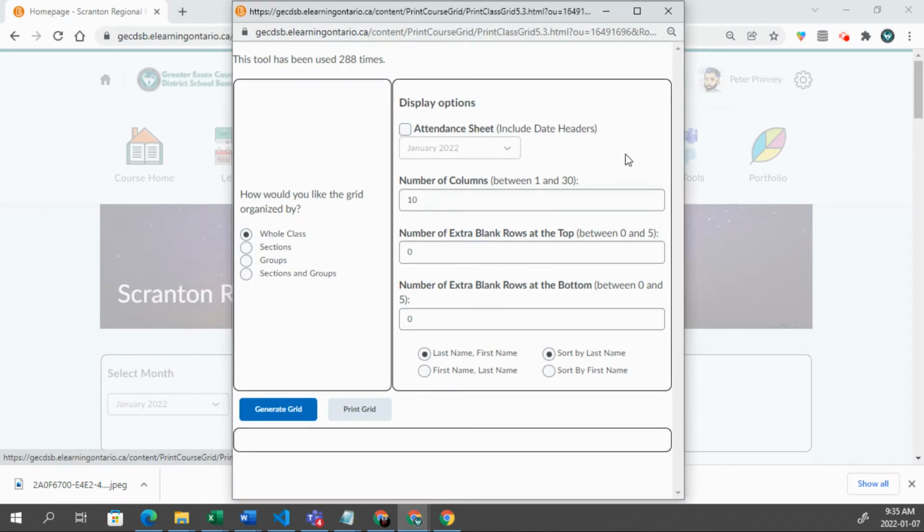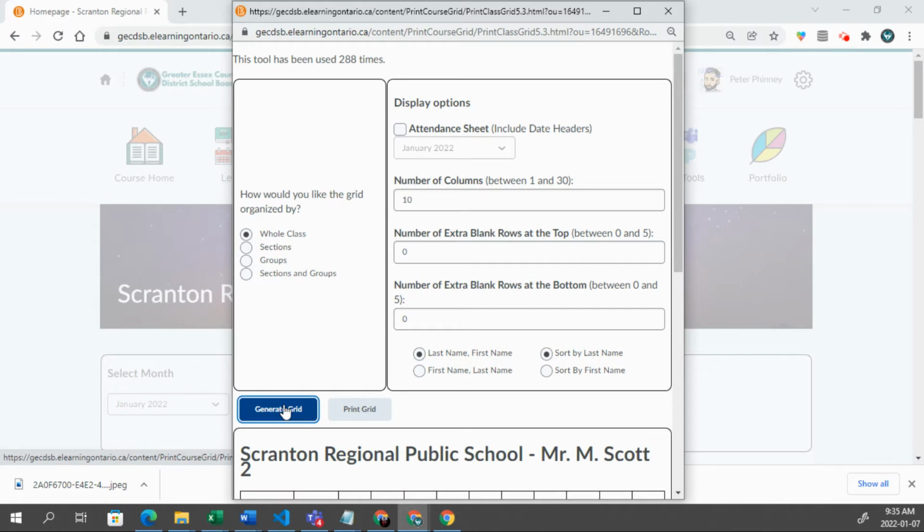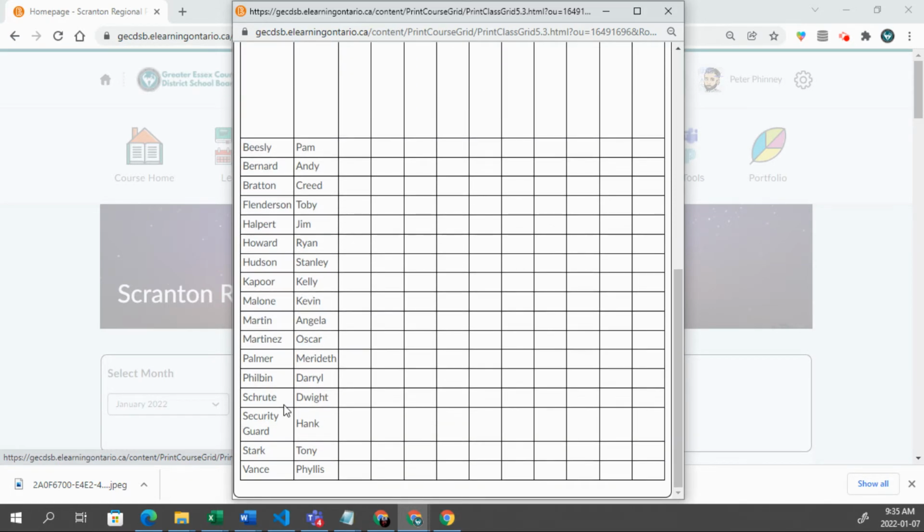The first one I'm going to show you is just for recording marks. So notice there are quite a few options here. So how would you like the grid organized by? Would you like the whole class? And if you would, we can just click Generate Grid, and it's going to give us a nice grid for